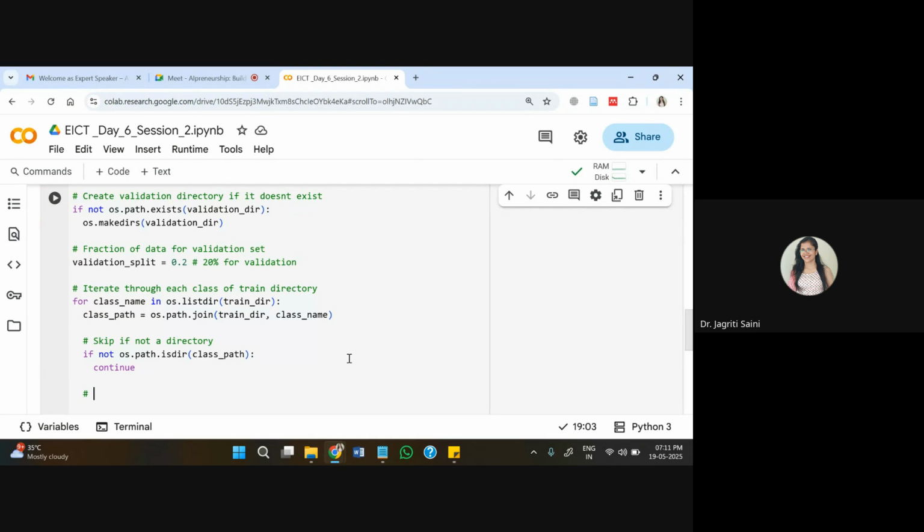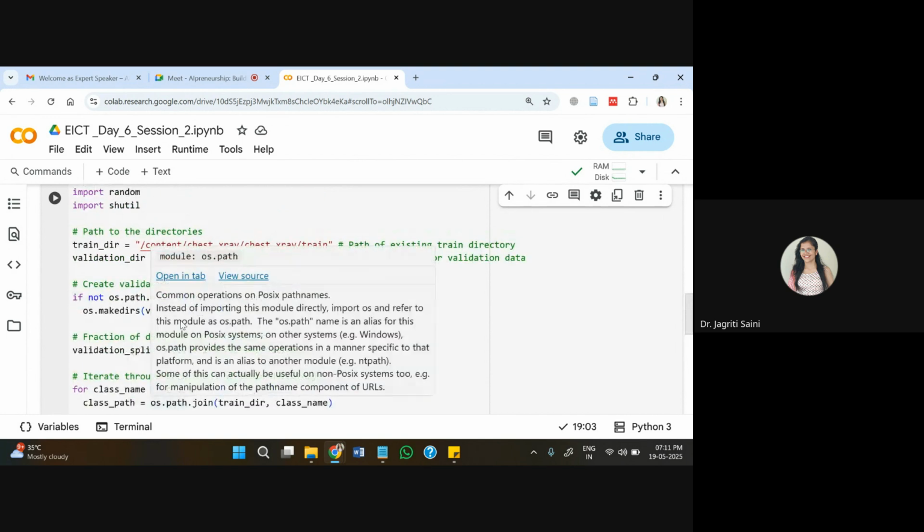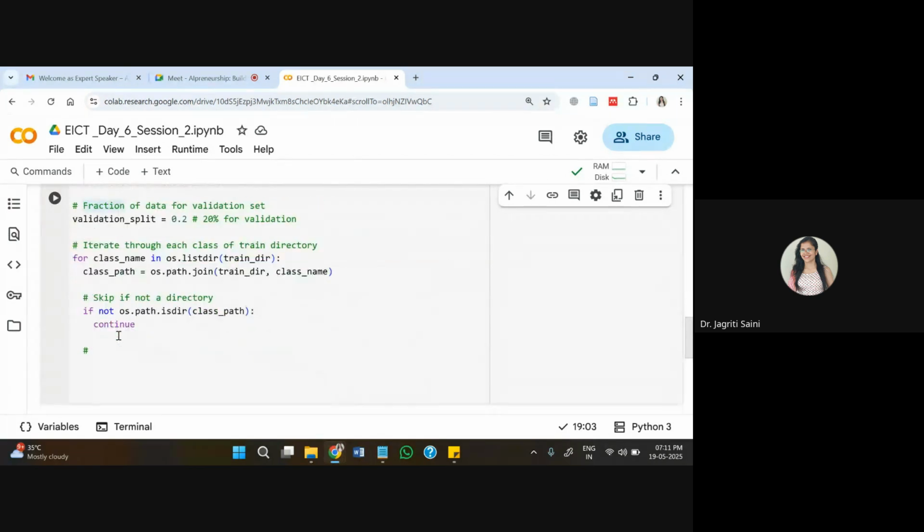After this, now we will be creating corresponding class directory in the validation directory also. This we are getting from the train directory. And now the same thing we need to create in your second portion also, that is your validation directory. And for this, what we will do is simply within this, the task we are doing within this for loop only.